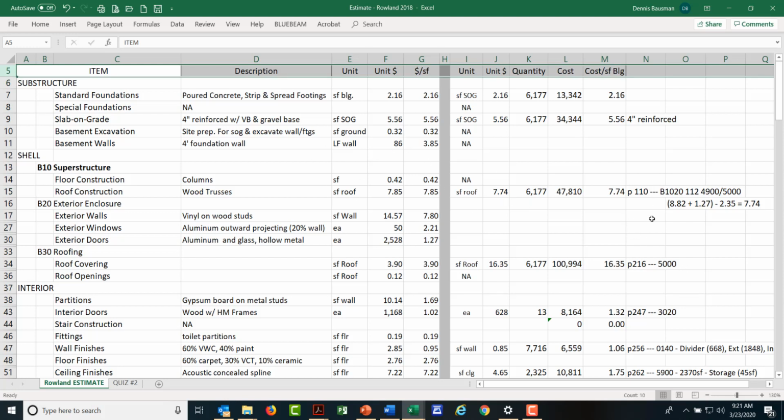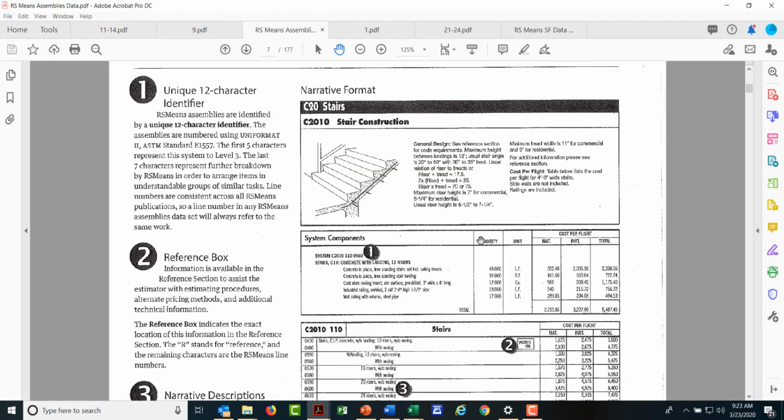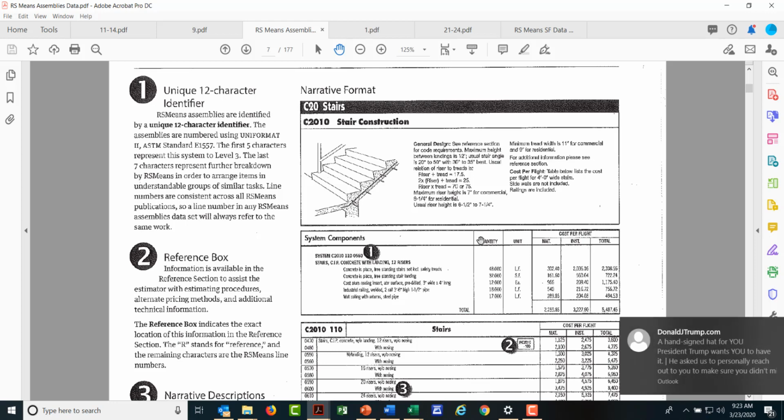And let me get to the RS Means book. Hold on a minute. Okay, let me try to explain this to you before we get started. If you look at the assemblies book, and assemblies are essentially, they give you pricing on,